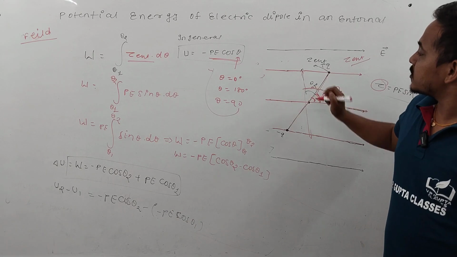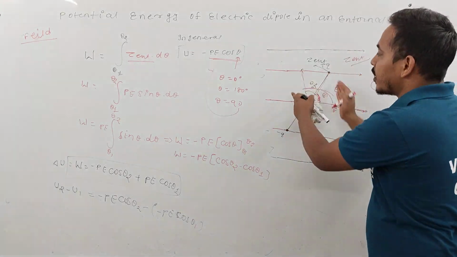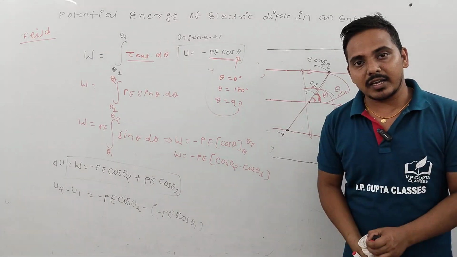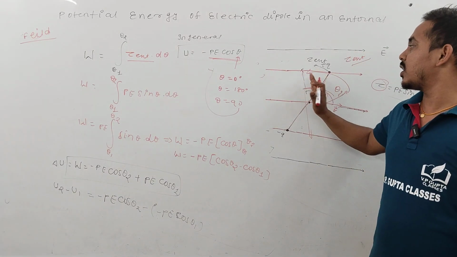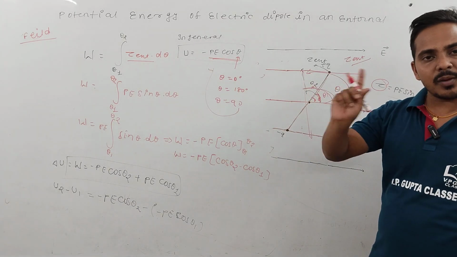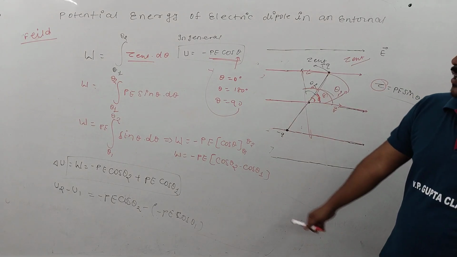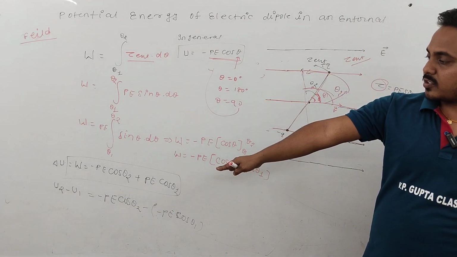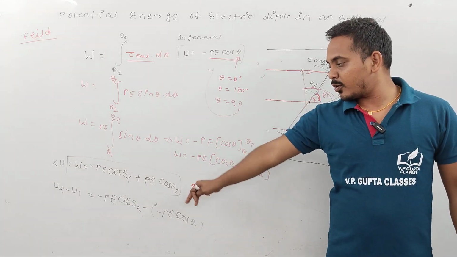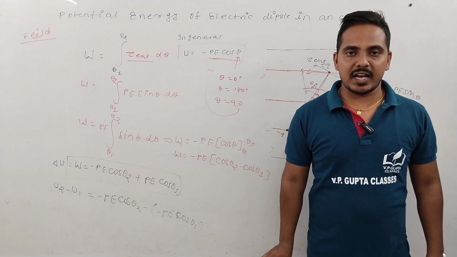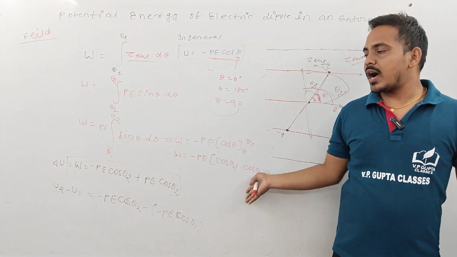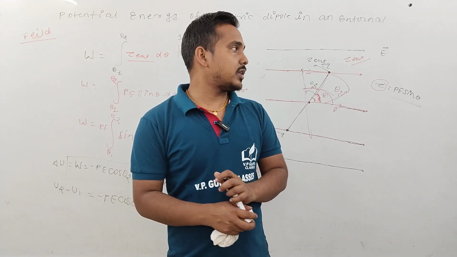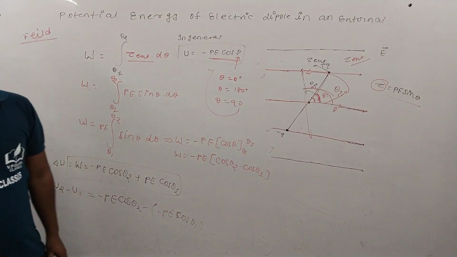तो थीटा 1 से थीटा 2 जाने में जो वर्क डन हुआ, इसका जो पोटेंशियल एनर्जी था वो यहां से यहां तक लाने में जो कार्य किया गया, तो उसका पोटेंशियल एनर्जी चेंज हो गया। पहले यहां कुछ था, यहां कुछ था, तो वो चेंज इन पोटेंशियल एनर्जी निकला, ना कि पोटेंशियल एनर्जी। अगर कोई पार्टिकुलर एंगल पर निकालना है तो चेंज इन पोटेंशियल एनर्जी के लिए यहां पर फॉर्मूला ला दिया आपको, ΔU = U2 − U1 = −pE cos θ2 ... आप कंपेयर करके देख रहे हैं कि pE cos θ2 माइनस pE cos θ1 आ रहा है। तो इस तरीके से आप इसको इजीली फाइंड कर सकते हैं कि कैसे एक्सटर्नल इलेक्ट्रिक फील्ड में इलेक्ट्रिक पोटेंशियल एनर्जी निकलती है।